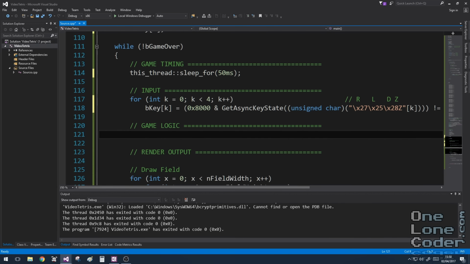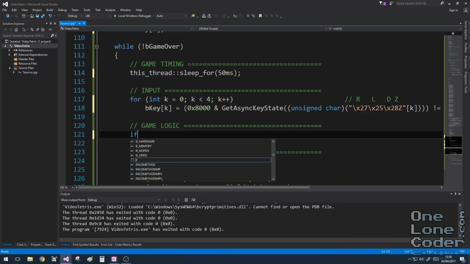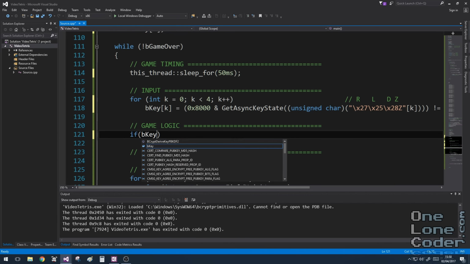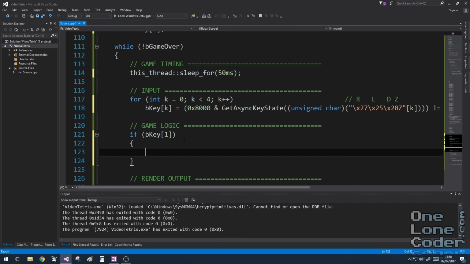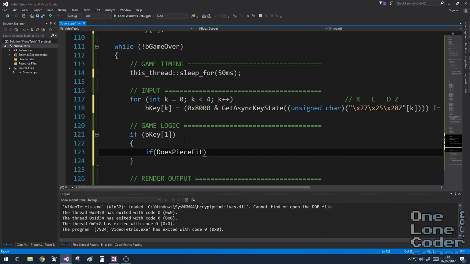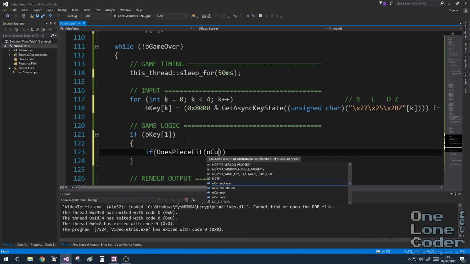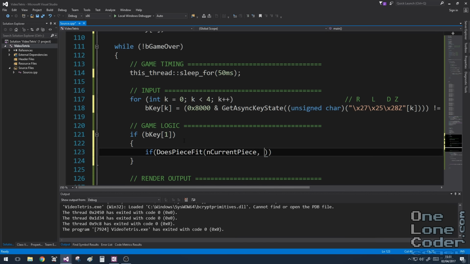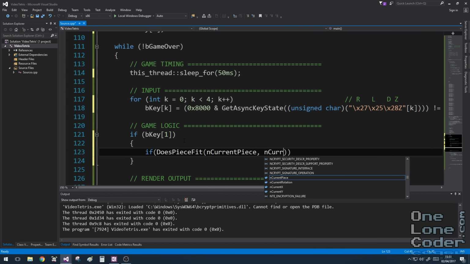So let's see what happens when the user presses the left key. So in this case, if bKey[1]. The user has pressed the left key, so the first thing we'll need to do is check, does the piece actually fit to the left of where it currently is? So we'll use our DoesPieceFit function. DoesPieceFit, and it's the current piece, the current rotation,